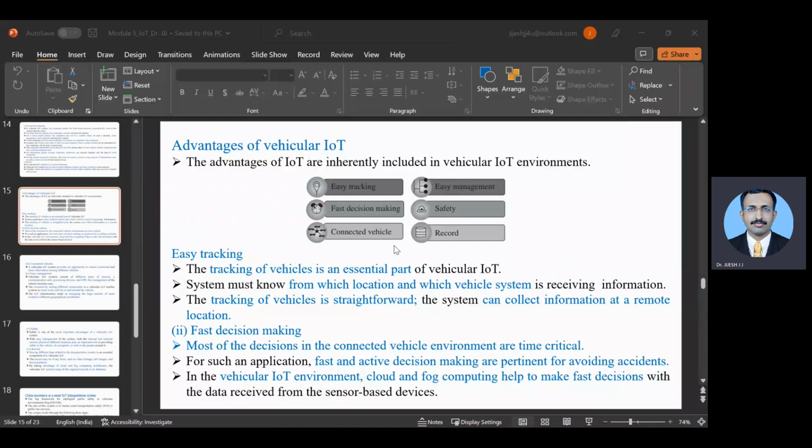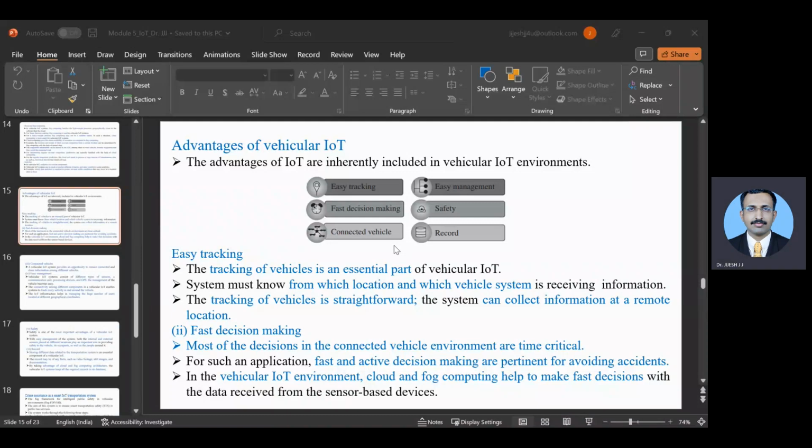And IoT infrastructure also helps in managing a huge number of users located in different geographical locations. Now you are operating one of the travels, you are in Bangalore, but your buses are running in Hyderabad, Mumbai, Chennai, Coimbatore, and so on. Your buses are going in all the directions. So it is very important to understand how best you can manage the process and come out with a proper outcome. So this is one of the advantages, that is connected vehicles. Then you have seen easy management. What next do we have?